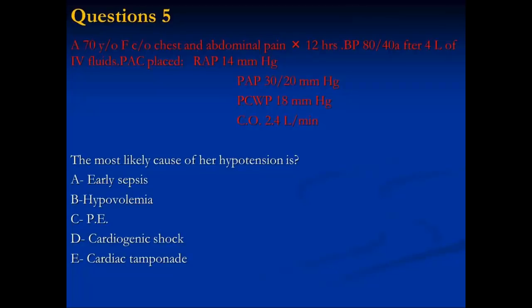Let's take another question. 7 years old, chest and abdominal pain for 12 hours, blood pressure is low. I'm sorry about the spelling here. 4 liters of fluid we're giving, and somebody who's still old-fashioned used the SWAN, but that's okay. You're going to see this is still on your exam. There's still a lot to have this SWAN number there. You have a right atrial pressure of 14, pulmonary artery of 30/20, wedge of 18, and cardiac output is this. Most likely cause of hypotension is